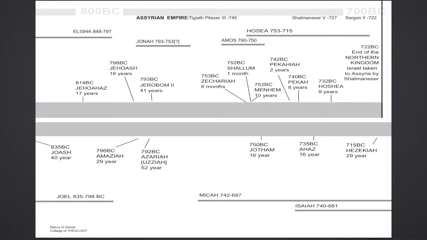Now, as you're looking at this, we realize that some things are happening here. Right here is the end of the northern kingdom. It's 722 BC. Now, what happened at the northern kingdom? The Lord had tarried long in kindness and mercy with the northern kingdom, but Assyria comes in, and Assyria starts to take over the entire area of the Middle East at this time.